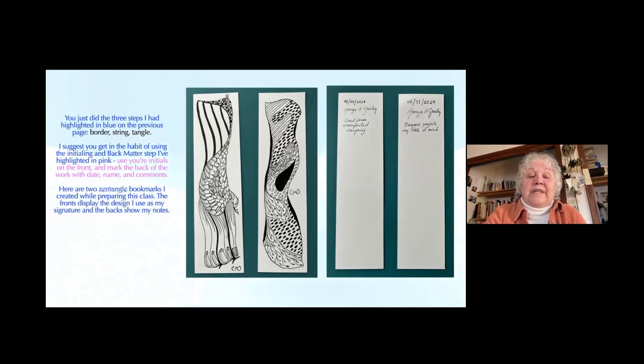These are 2 Zentangle inspired bookmarks I created while preparing for this class. The fronts display the design I used, my signature dot, and the back shows my notes. So I have the date, my signature, and the bird form. I had no idea I was going to make a bird on that first one. It just happened. And the second one seemed very noisy and busy, which is how my life felt at the time. And so the busyness projects my state of mind. That's just my